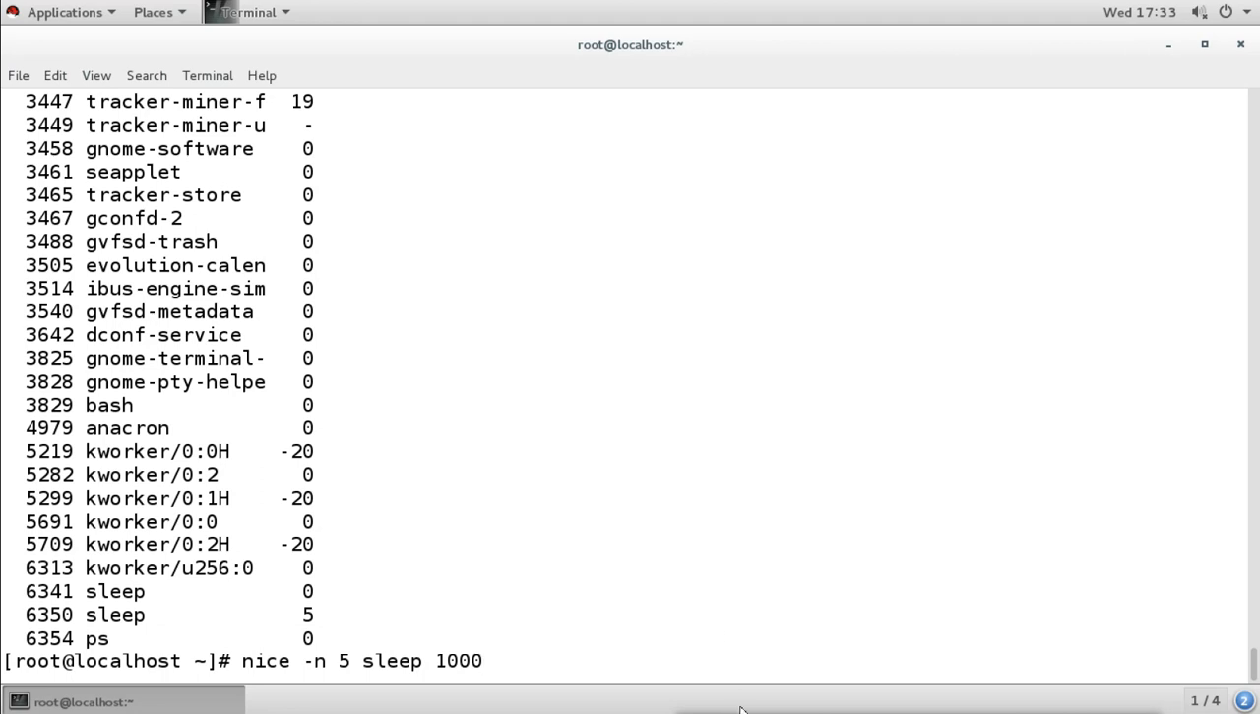But if the process is already running, whether it is a system process or a process which we have executed, we can change the nice value of that process also, using the renice command. For renicing a process, we need the PID of that process. I want to renice this process. The process ID is 6350. So I will use the renice command